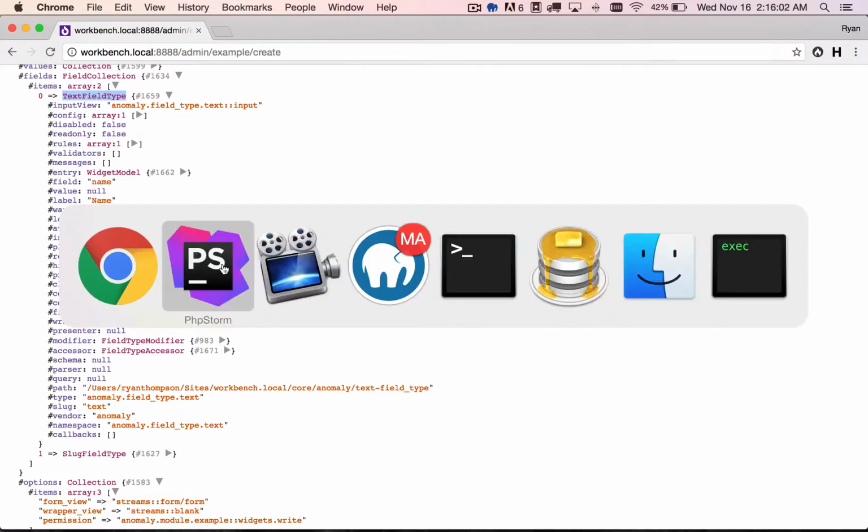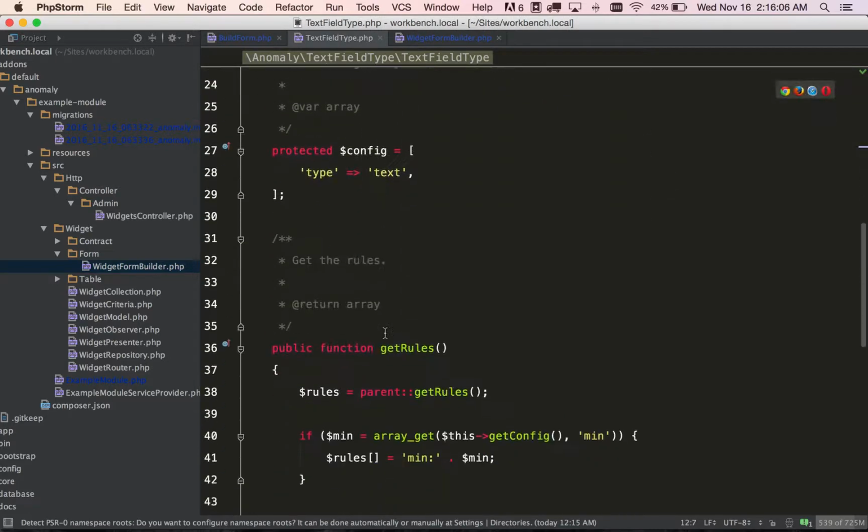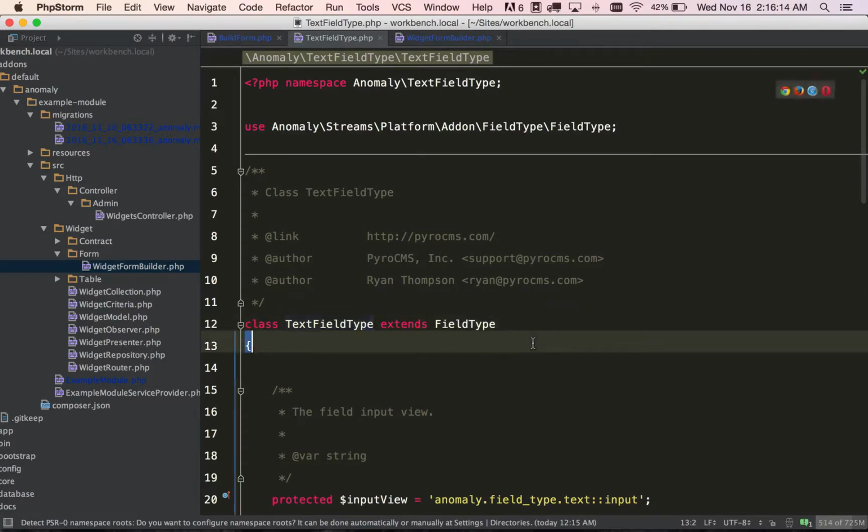Okay, so let's have a look at the text field type, and you can see what's going on here, and then you can get into the base field type. So it's good to know whether you're debugging or exploring how these things are used, and it's pretty cool stuff. So like I said, the next video we'll get into posting and handling